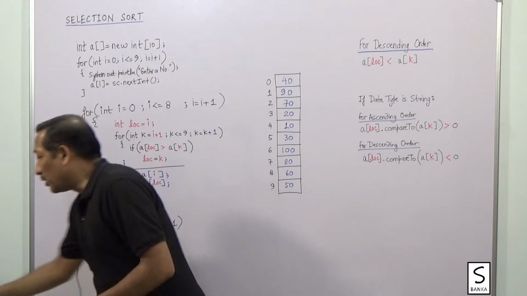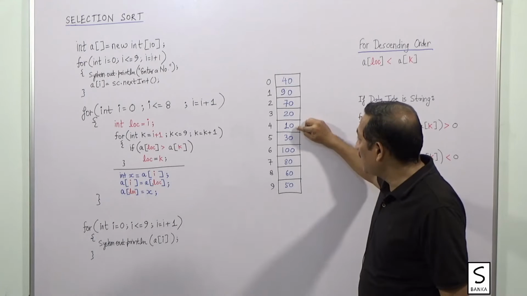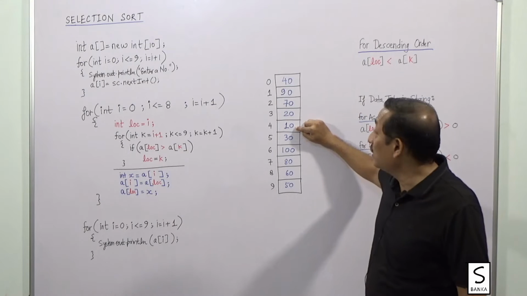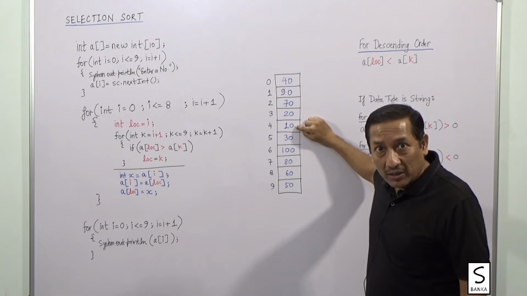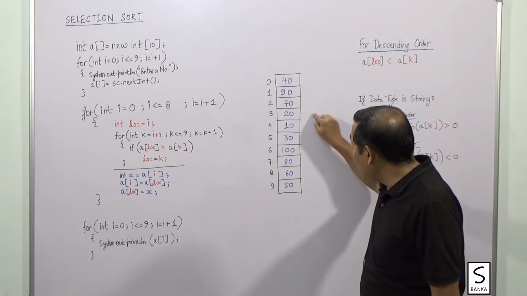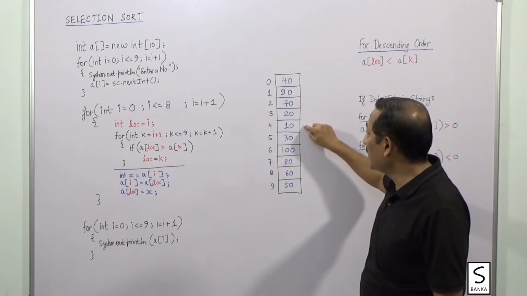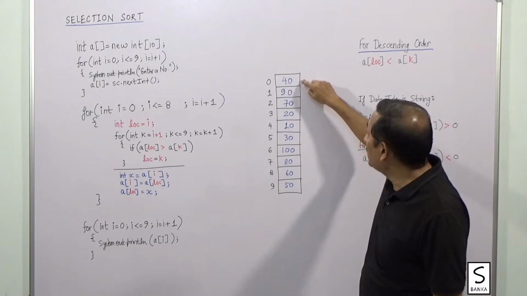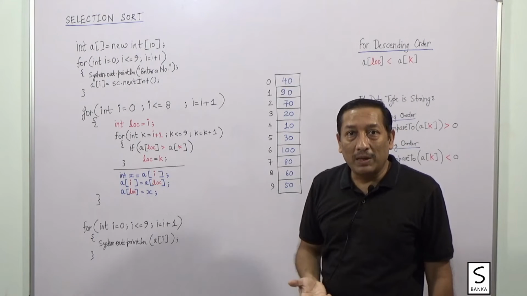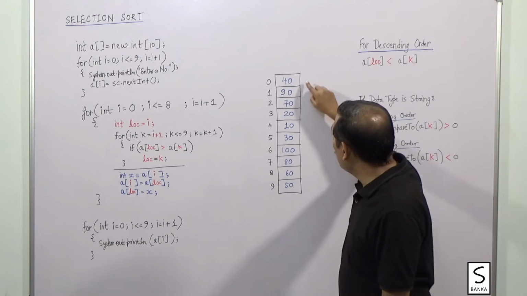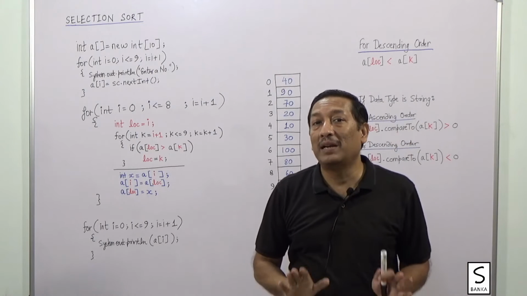So in the selection sort technique, we simply identify the location of the smallest data. As you can see, the first time the location of the smallest data is 4. Once we find the location, instead of doing so many swappings, we will simply swap these two. That's all. And by swapping these two, we will get our data at the right position. So when something can be done with one swapping, why try to do 9 swappings for that? That is the idea behind this program.